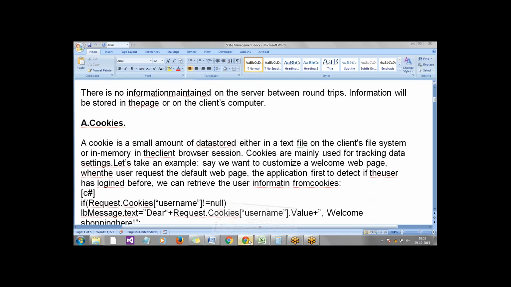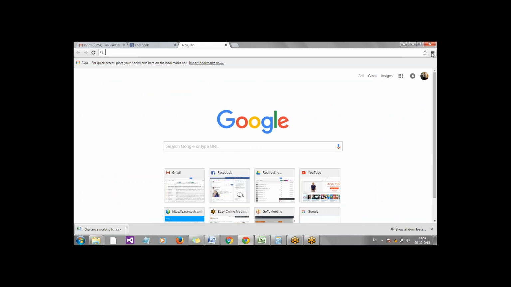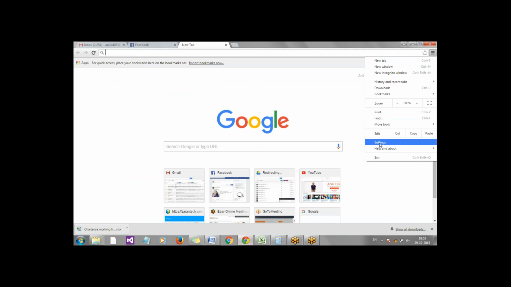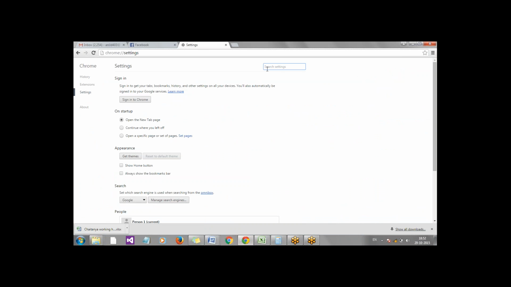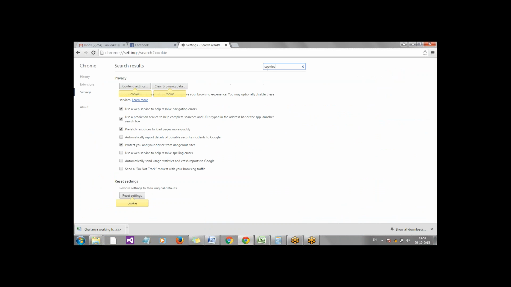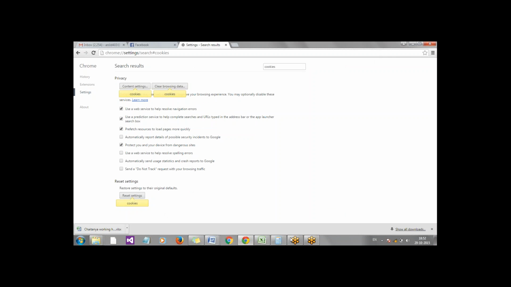If you look at your browser, you'll see there is a setting called manage your cookies or something like that, right? It says allow data or block the cookies or something like that. So what are cookies here? Cookies are